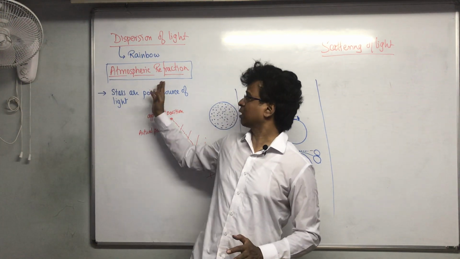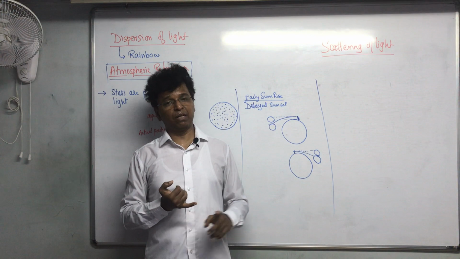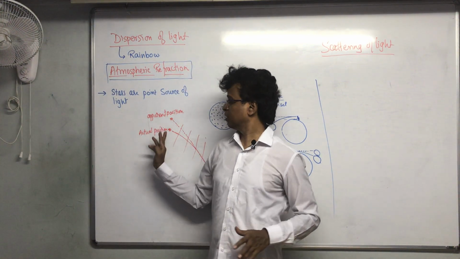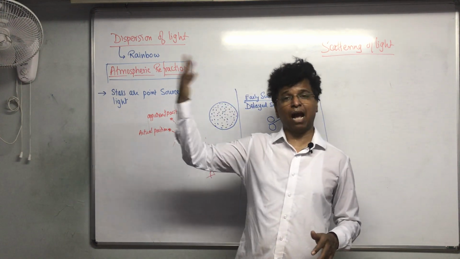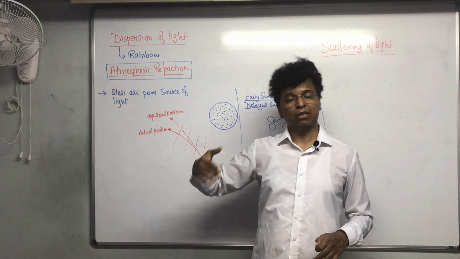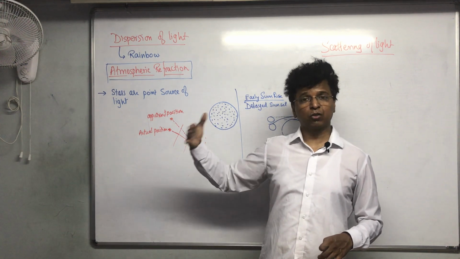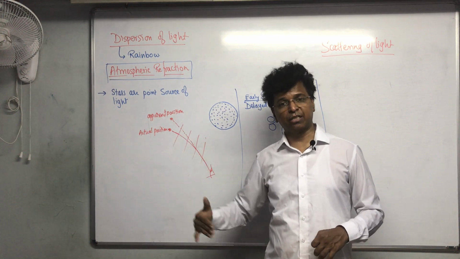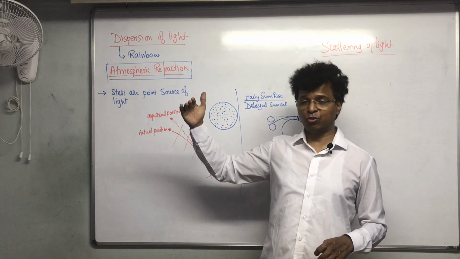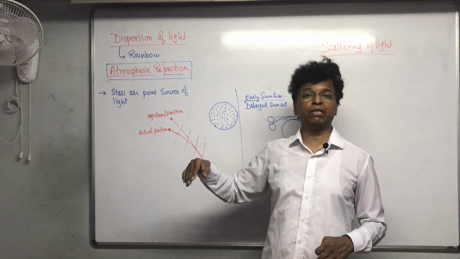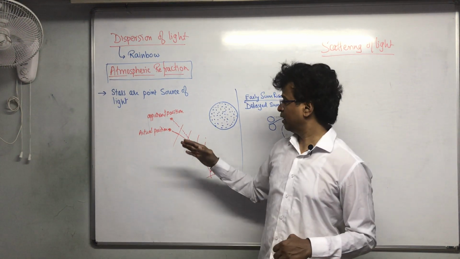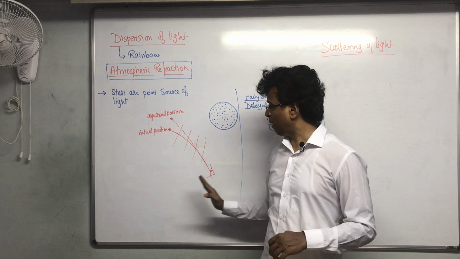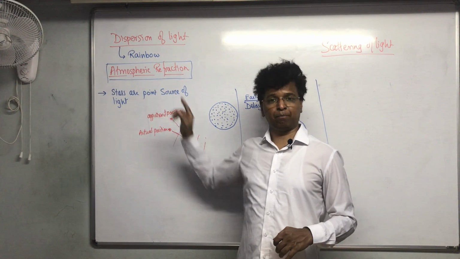Fine. Then we have atmospheric refraction playing a role. I have given a number of examples: bonfire, Holika also, and the apparent position of the star is always slightly higher compared to the actual position of the star. This is also refraction taking place because of the continuously changing density of the atmosphere. As you come closer to the earth, the density of the atmosphere goes on increasing, and that's why the light keeps on bending towards the normal. But then you happen to see the star in the straight line up.